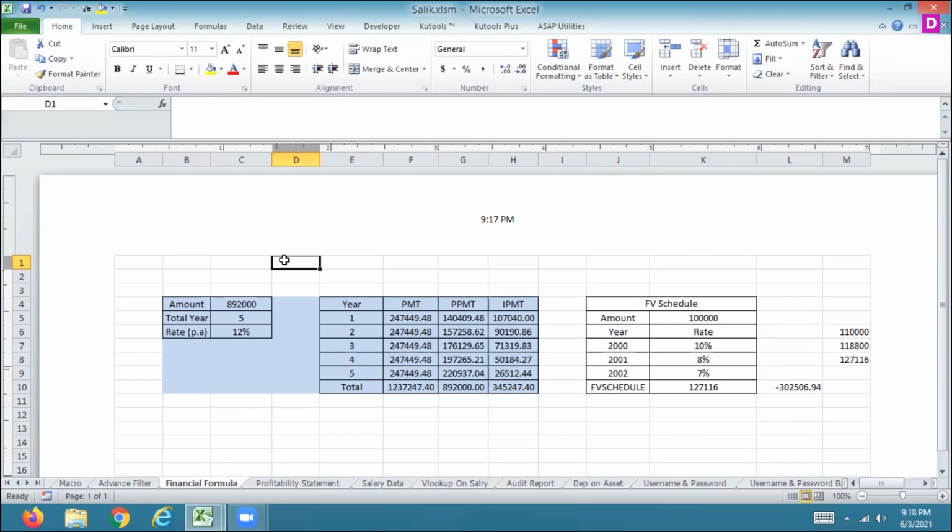This is PV, present value, future value, FV value. These are all future values. Here you can see the PPT value. This is FV. FV is the future value, future rate value. This is future value, K5, and this is a year FV value. So here we check the FV schedule. For example, if I am checking FV schedule,